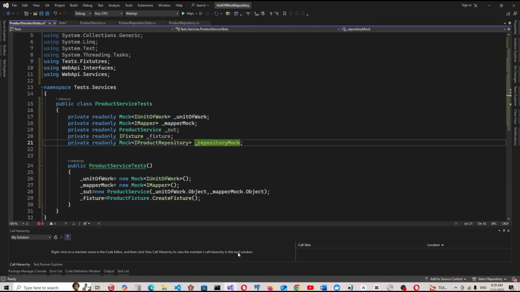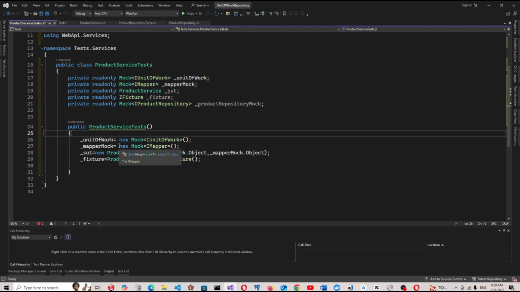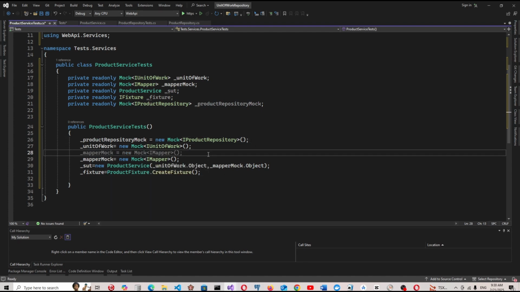We can say product repository mock, and this will be product repository mock equal to new mock of a product repository,